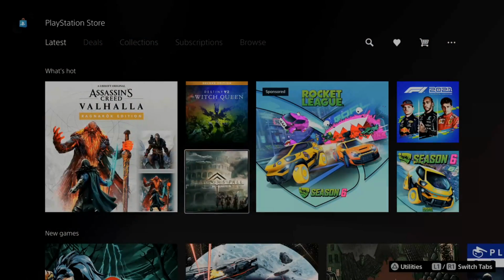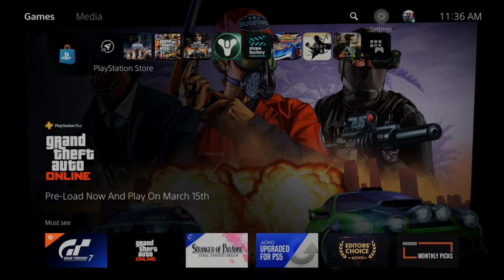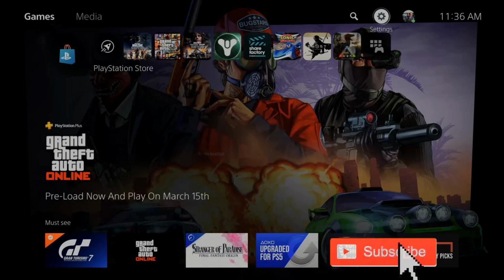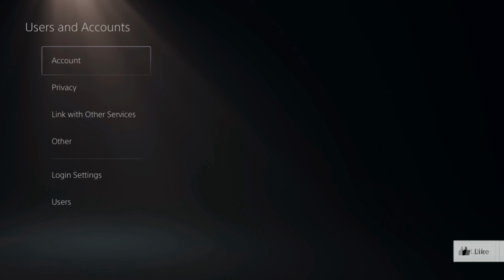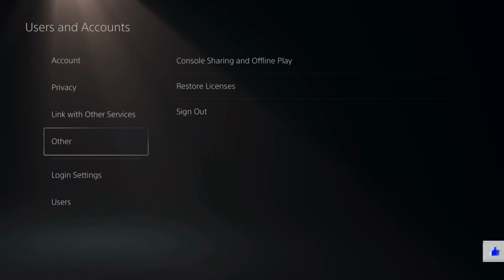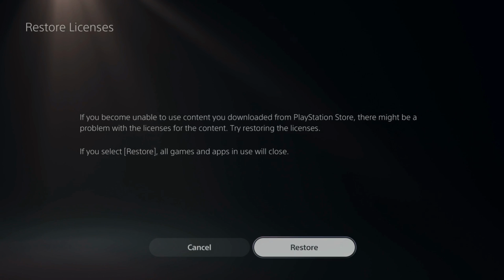If you're having problems using a credit card on your PlayStation 5 to buy PlayStation 5 games, the first thing we should do is go up to settings right here and select this option. Then go on down to users and accounts. Then scroll on down to other, and simply go to restore licenses right here. This says restore licenses for downloaded content you can't use. Just select restore